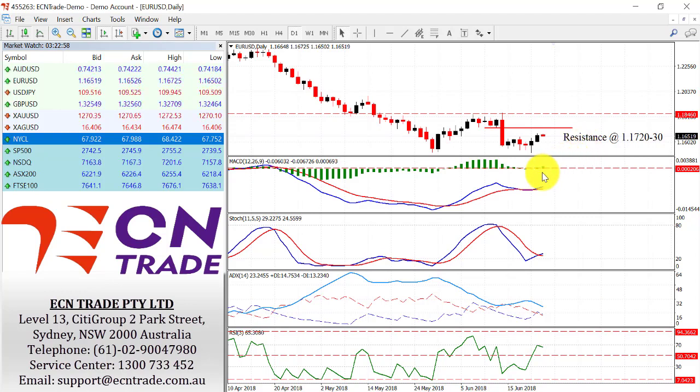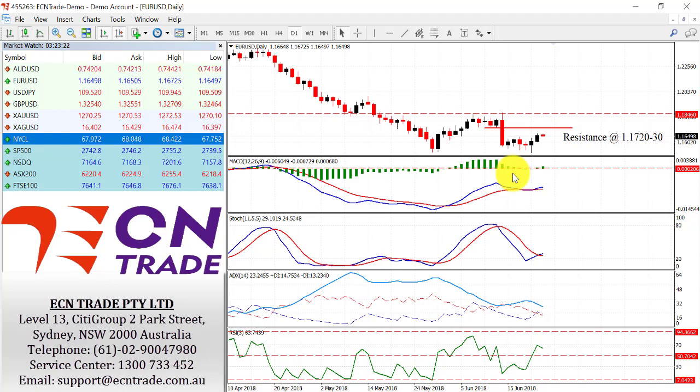So as you can see, the MACD is holding a buy as well as the stochastic, and also cutting through the midway point on the RSI. This is in favour of seeing this test to the upside, but just be on your guard because, as I said before, towards 117.20, 30 may actually struggle. On the day, though, I see the range of 20 to 75.